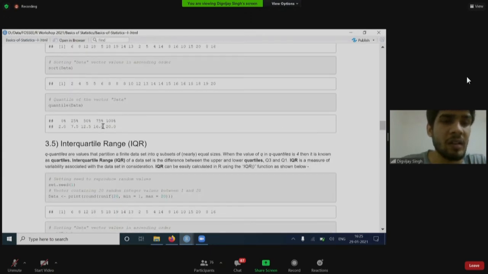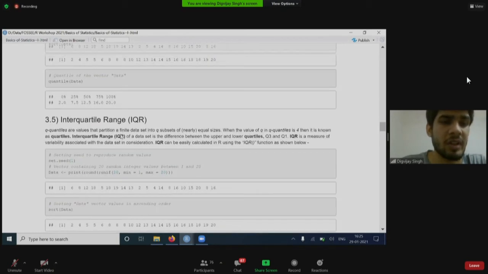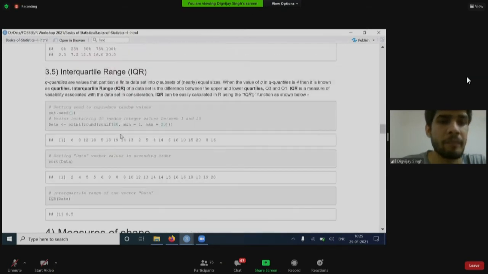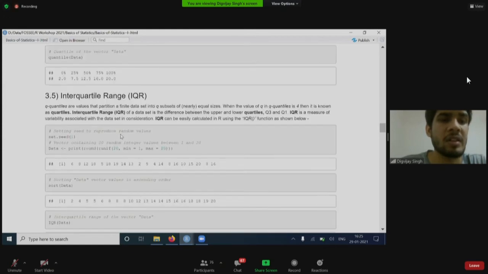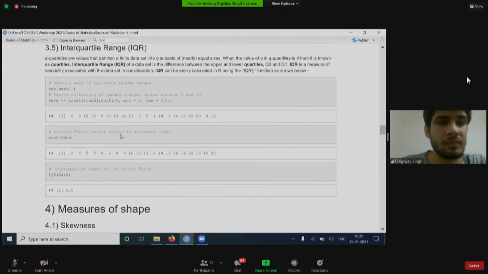It is nothing but the difference between the 75% quartile and the 25% quartile. This interquartile range is 16 minus 7.5, which is just 75% quartile minus 25% quartile. It gives us the range of the quartiles. So that's about the measure of variability.